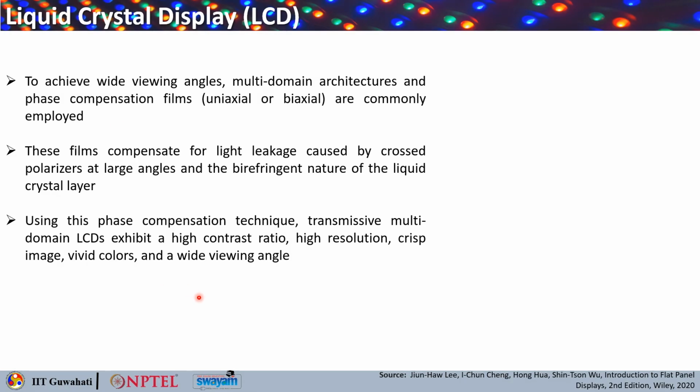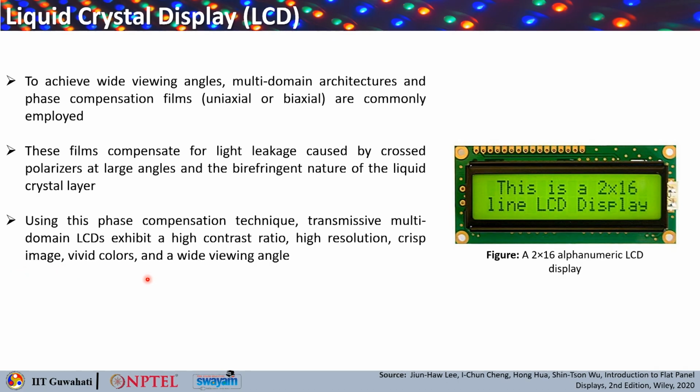So, using this phase compensation technique, transmissive multi-domain LCDs can exhibit high contrast ratio, high resolution, crisp image, vivid colors, and also a wide viewing angle. Okay. So, here is an example of a 2:16 alphanumeric LCD display, which I am sure all of you might